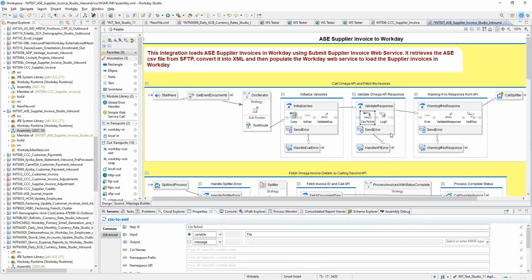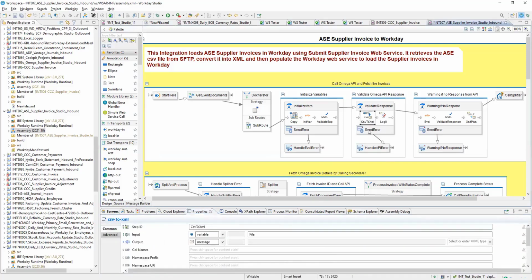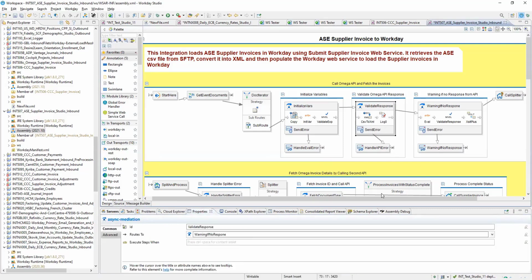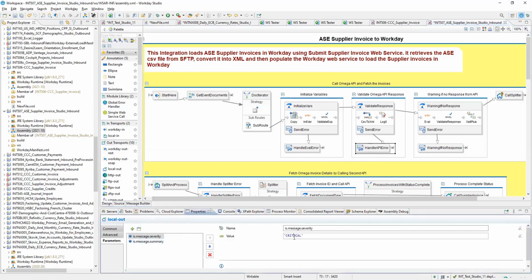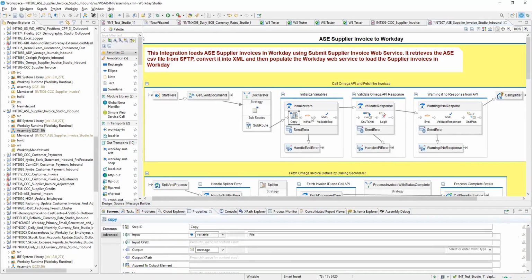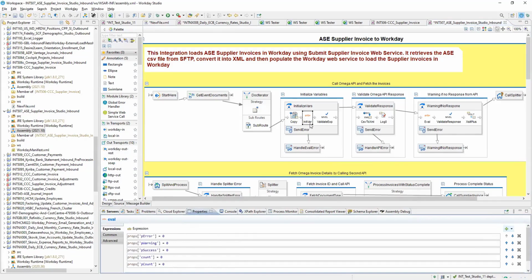You can say there will be no error here. But just in case, if there is an error, you can handle that, right? So these are the errors where, right away, critical means integration will fail. Because, say, if there is no file, integration should fail. Yeah, so that's what is happening till now. Okay.